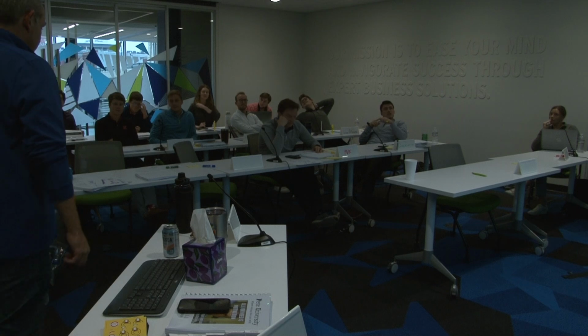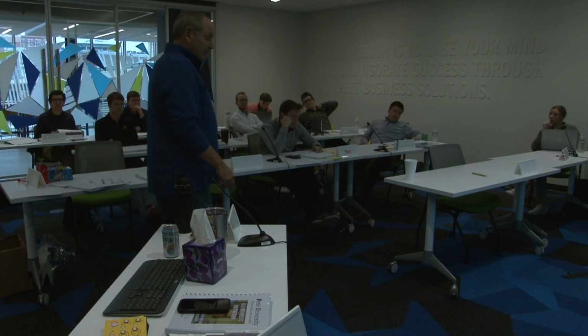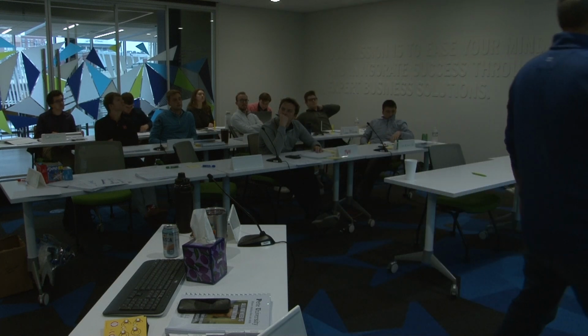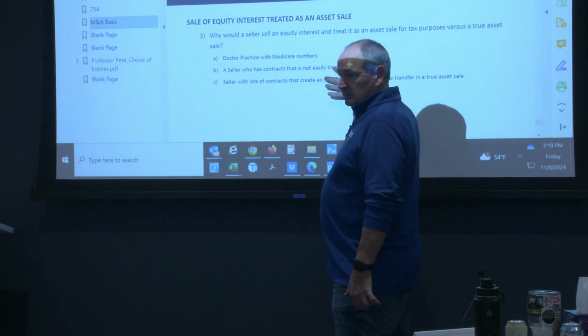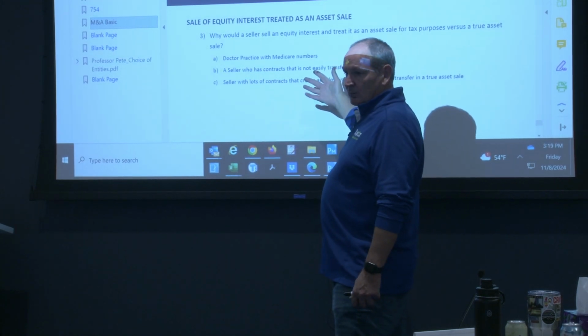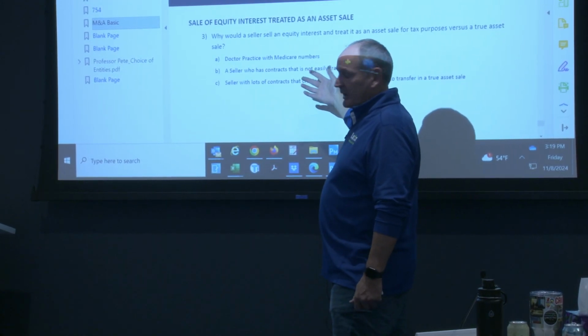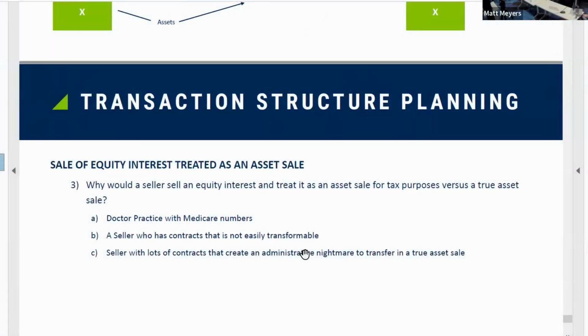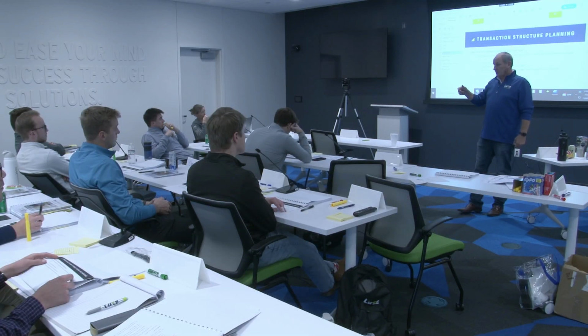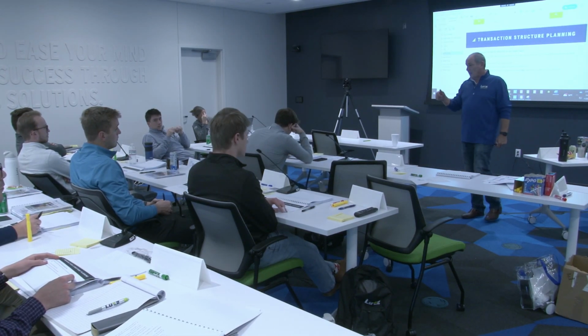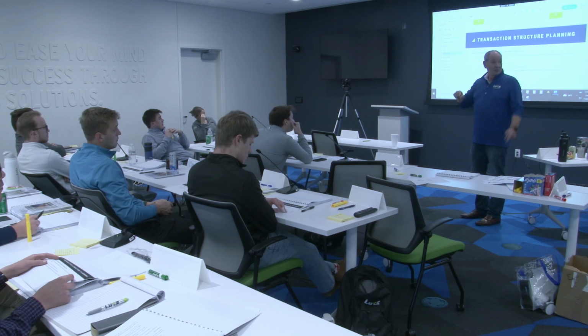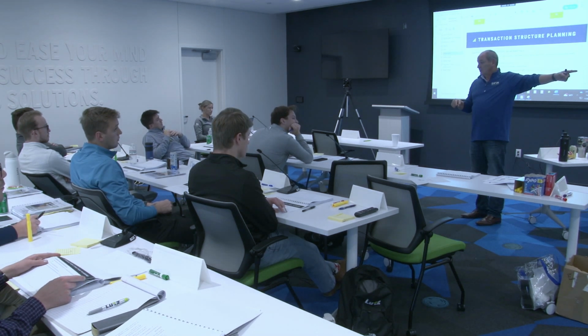Okay, so why would somebody do that? Buyer wants a step up in basis of the assets, and there's problematic assets inside the company. And again, this is getting way closer to expert, and that's why I didn't want to go down this path. So a doctor's practice has lots of Medicare numbers, and applying for those Medicare numbers is a ginormous pain in the butt. So instead of trying to reapply for all those numbers, I will buy your shares of C1 because